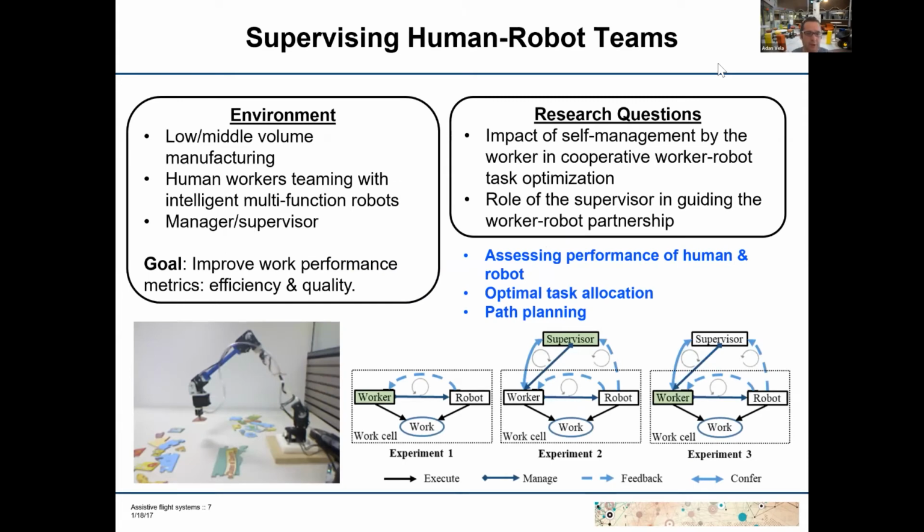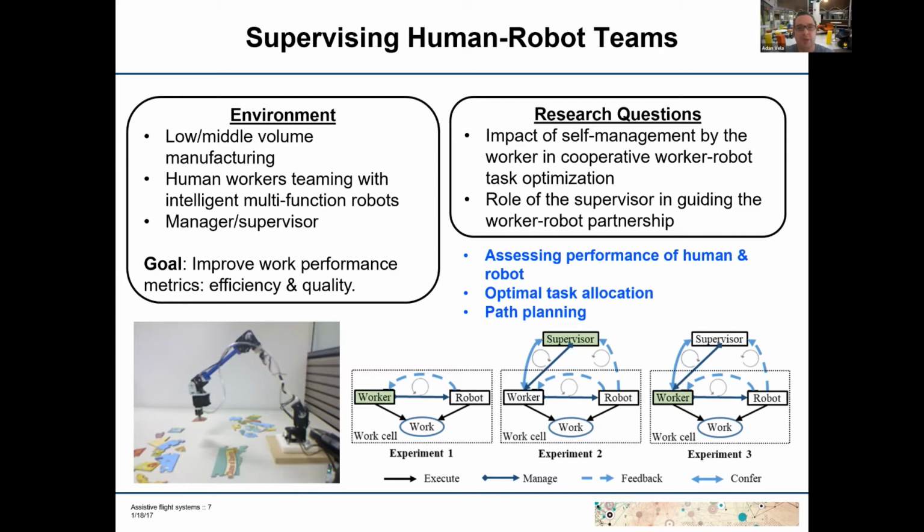So what I'm going to do very quickly in the next few slides is provide an overview of some of the research projects that we have ongoing in our lab. Some of these are funded. Some of them are through startup or through fellowships. The first one we are actually doing with Professor Keithley and Kowalski and another faculty member at Georgia Tech. We asked the question about how can workers self-optimize or manage their interactions with a multifunction robot?